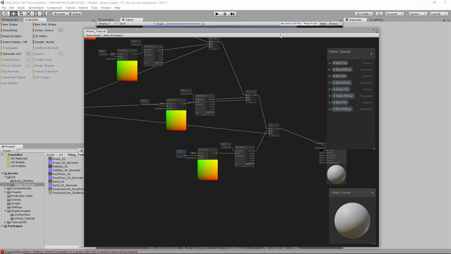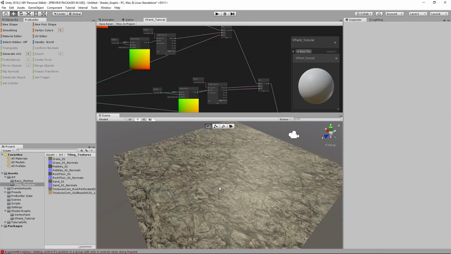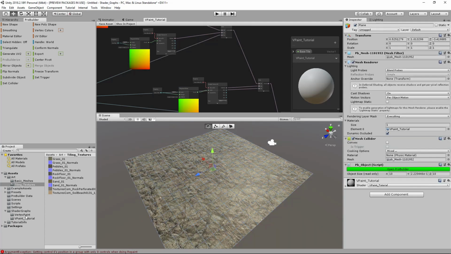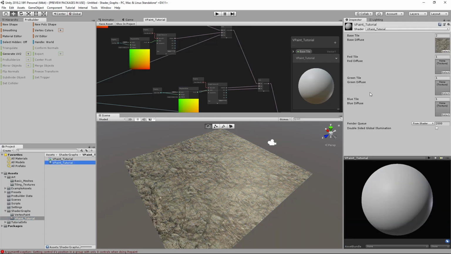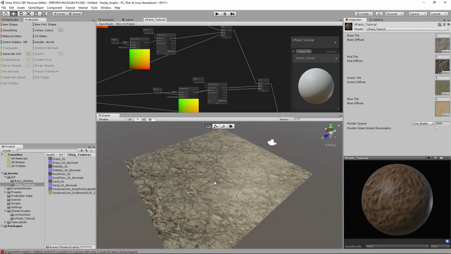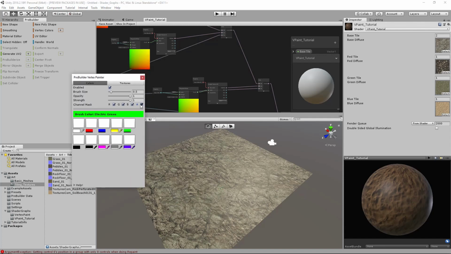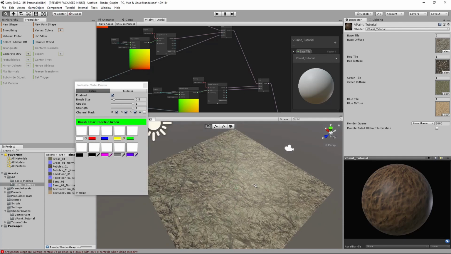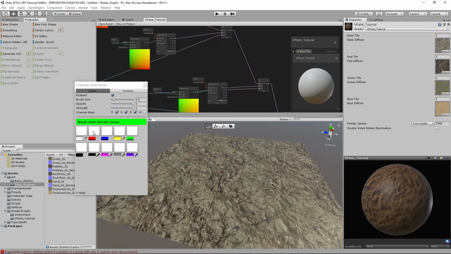Okay, so I've just saved that, and let's give this a little test. Let's go grab our material, and let's just propagate it with stuff. So in the red, I'll use my pebbles. In the green, I'll use some grass, and for the blue, some sand. And now in theory, let's disable alpha for now. If I were to come along and paint red,